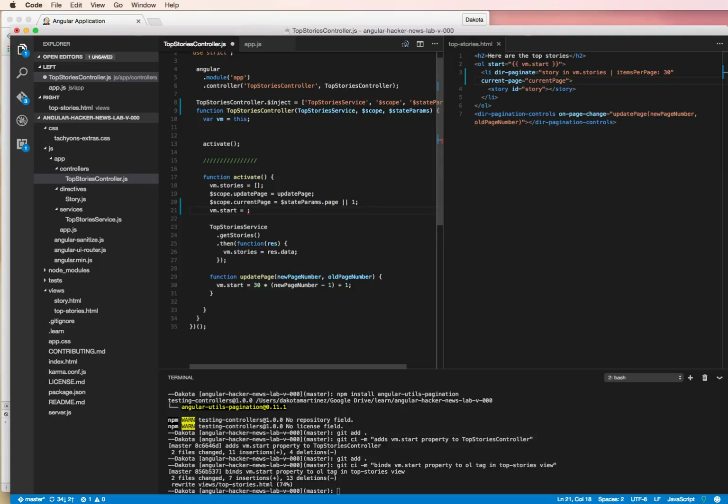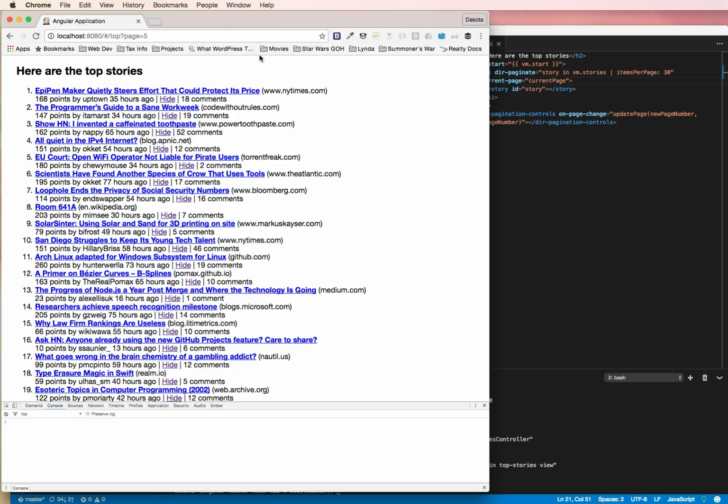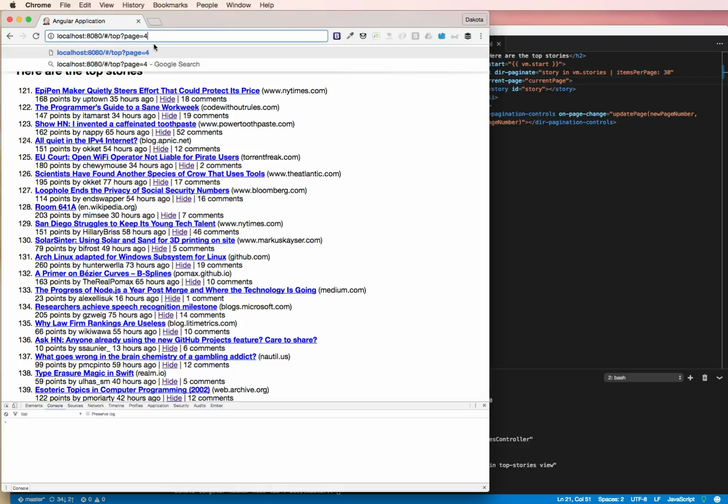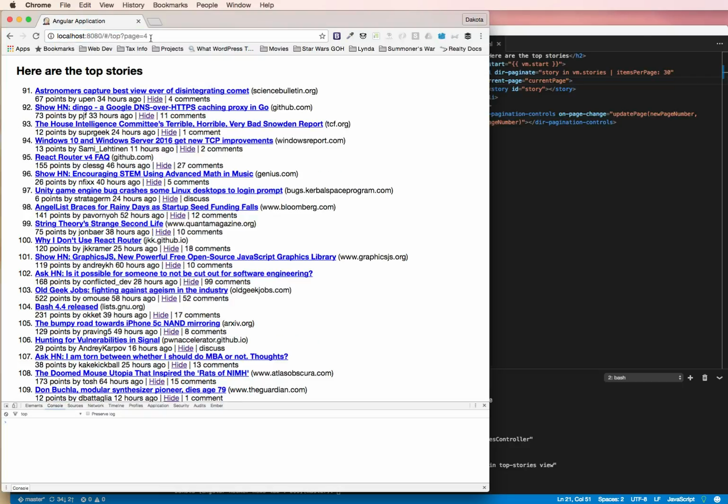So we'll call this scope.currentPage, and then actually we need to do the 30, so we do 30 times scope.currentPage minus 1 plus 1. Now when we save it and reload this page, you'll see we start on 121, and then when we go to 4, sorry about the noise,